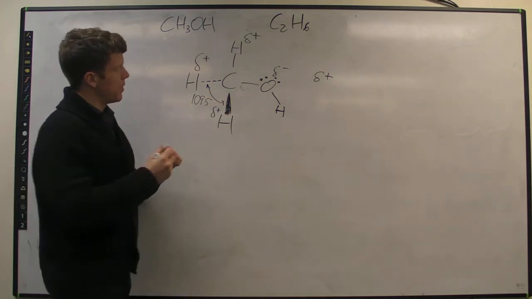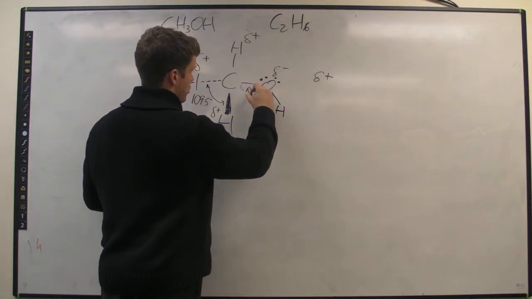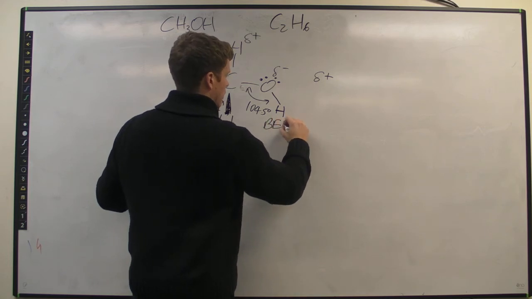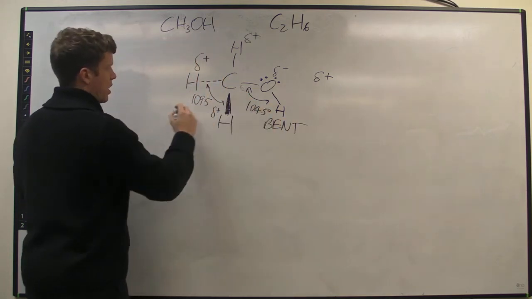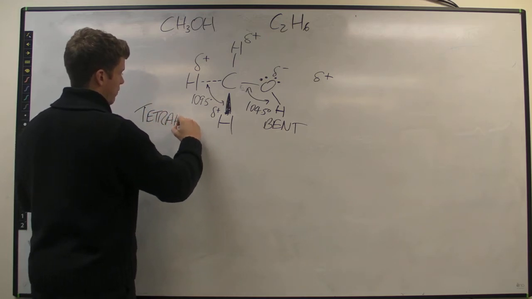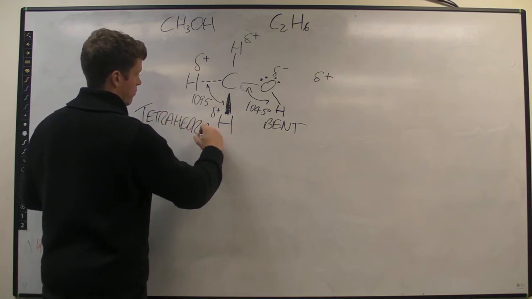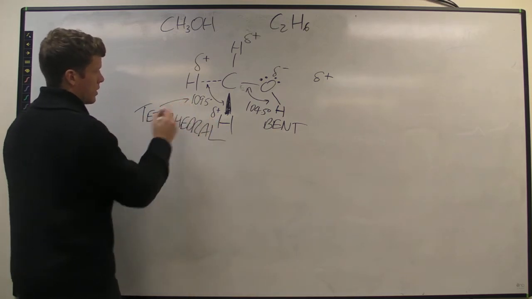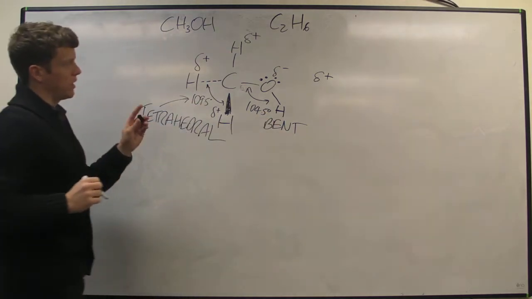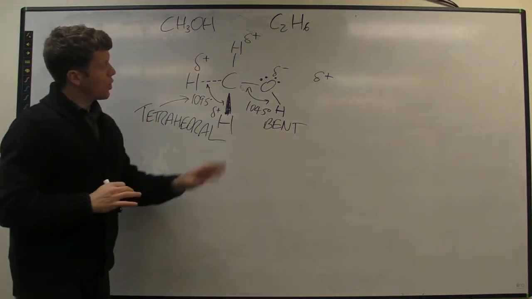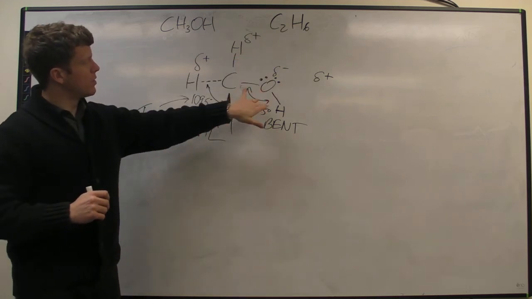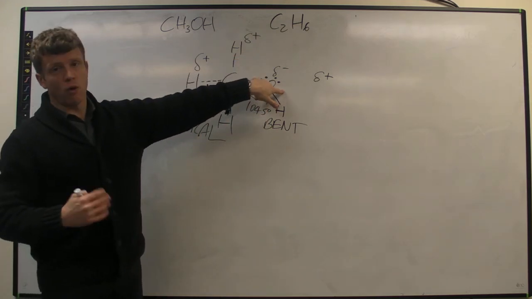I've already talked about this, but this is my bent shape. So this is a bent shape right here, and this will be tetrahedral on this part. So this would be a tetrahedral portion of this molecule, and this would be the bent shape. So there's really 2 shapes in that. So even though I've redrawn this, this bond angle here,